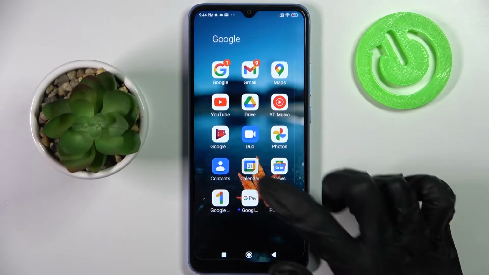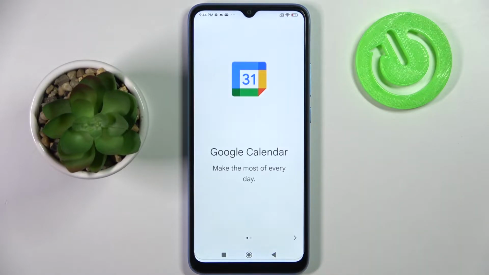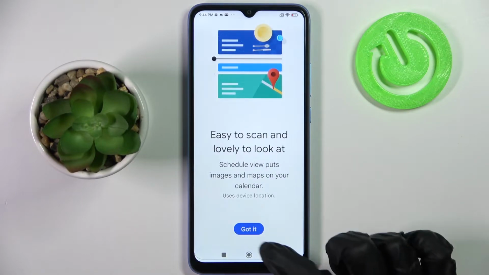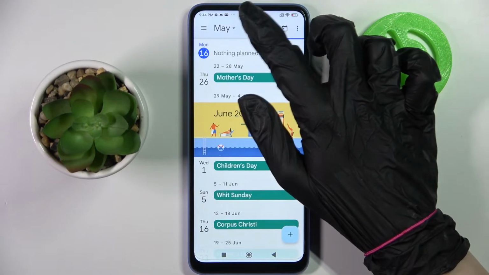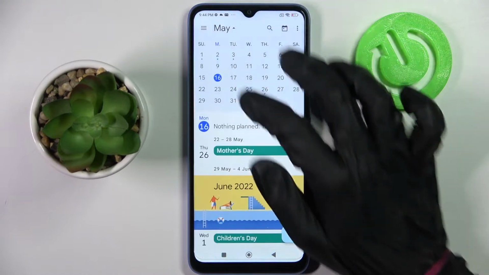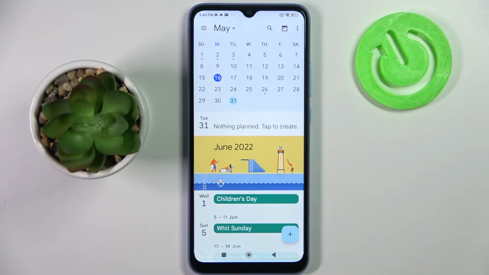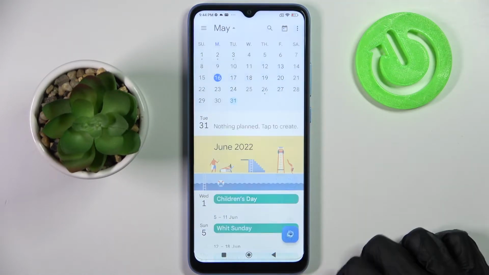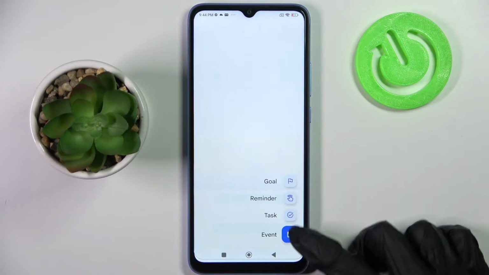First of all, you need to access calendar by tapping on it and click on this icon at the bottom right corner. Now just go to it and tap on the month above. Over here you need to pick a date that you wish to set up and create your event by choosing this plus icon. Now select event from a list of all of those